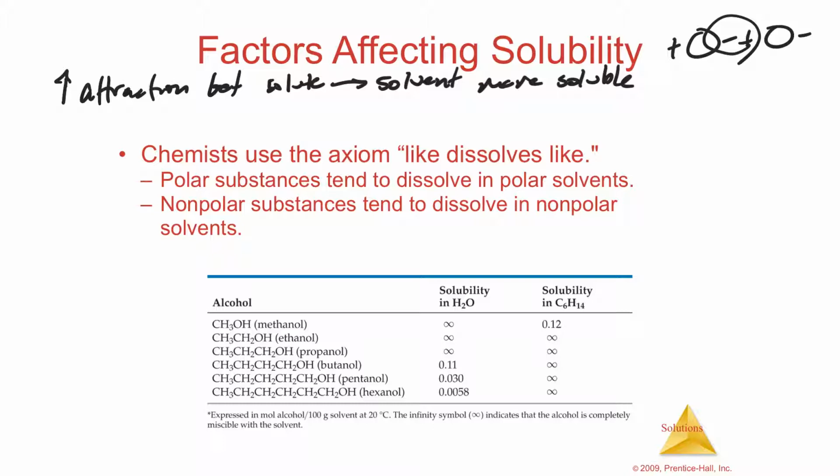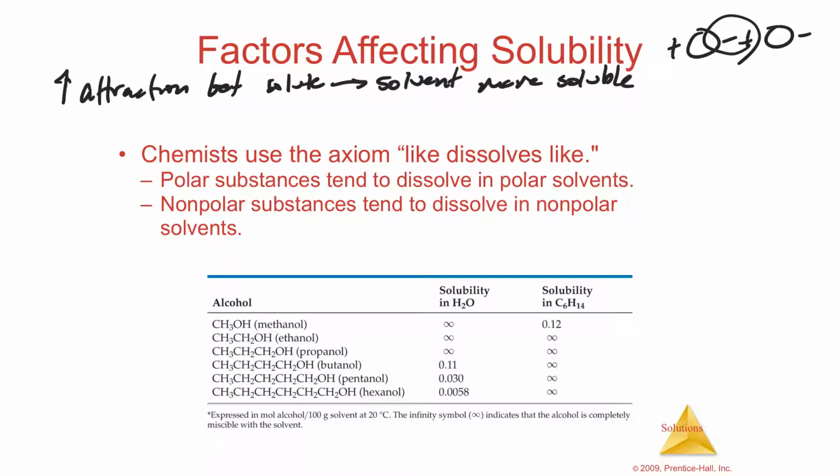So if you have very strong attractions, you're going to get more of a soluble than not. If there's no attractions between the solute and the solvent, there is no solution. The stuff will just fall to the bottom of the jar and it won't dissolve at all. So solubility, remember, is how much dissolves, whether it dissolves to a great extent or to a very little extent. So if you were to have a solvent that is polar and a solute that's polar,